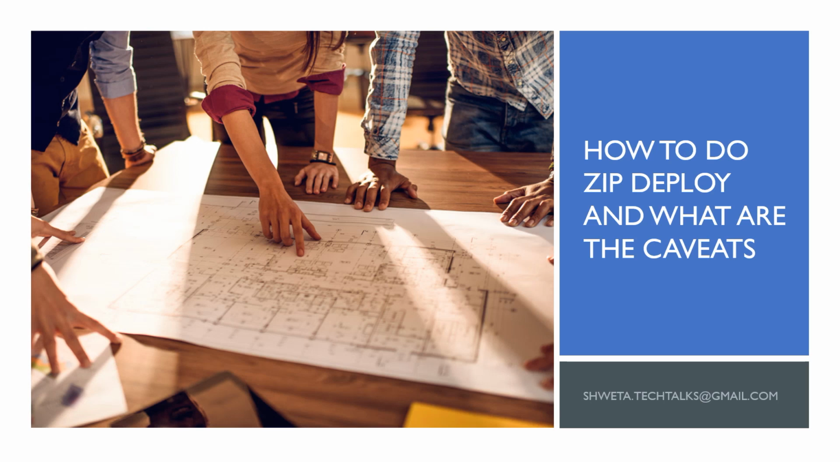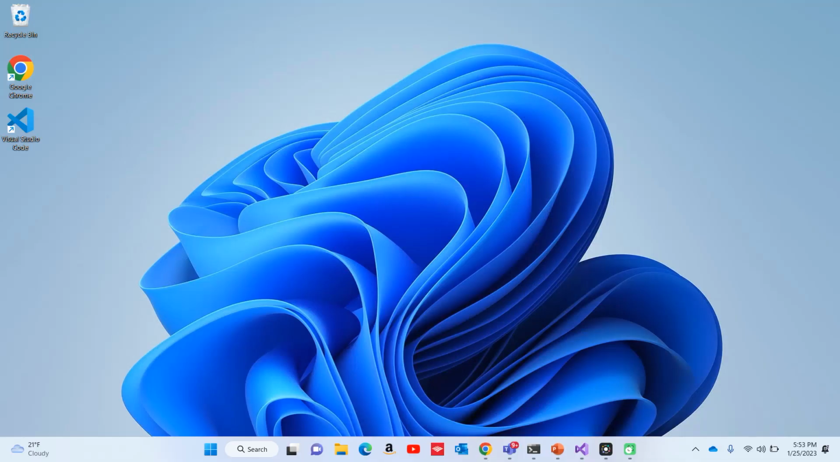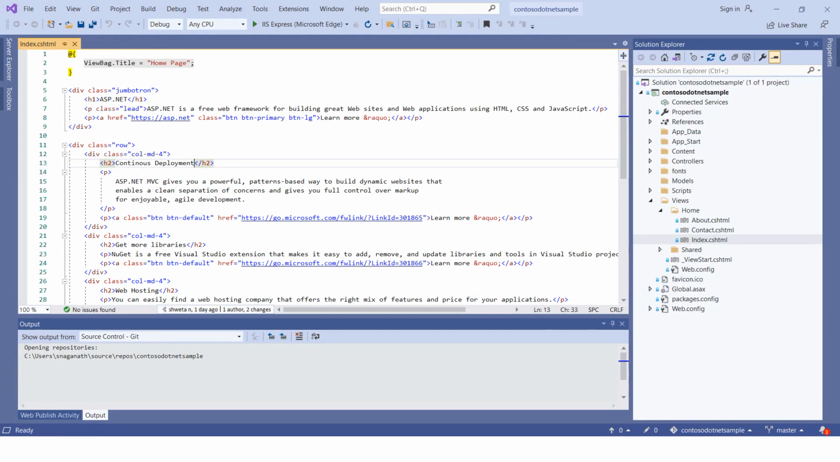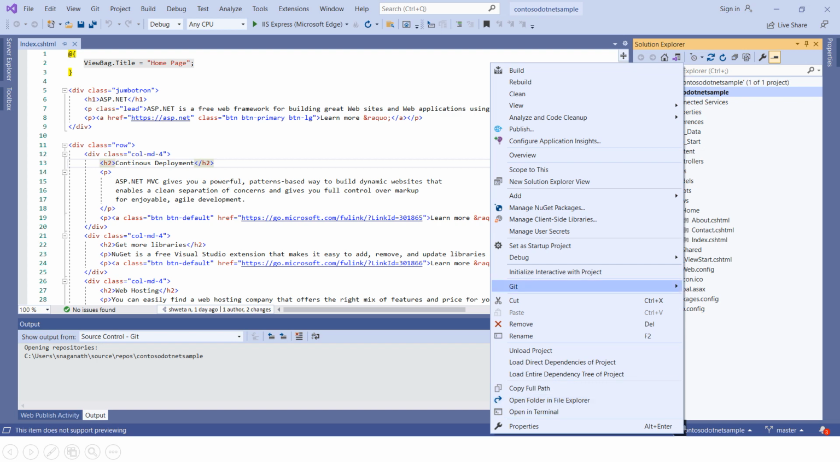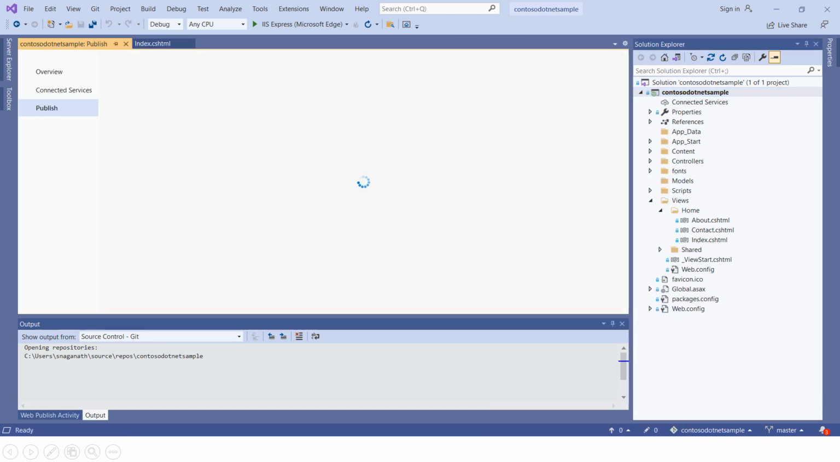Hello friends, today we will see how to do zip deploy and what are the caveats. For that, we will be using an existing Azure ASP.NET web app which we had in our previous video, and we will try to deploy this using zip deploy. So for that, first you go to the publish,